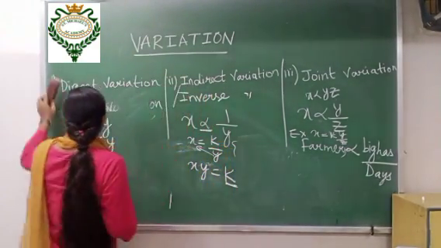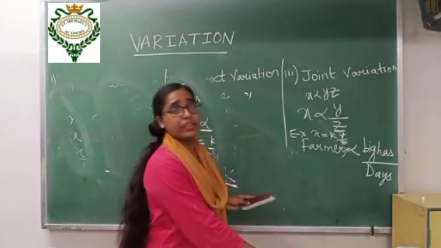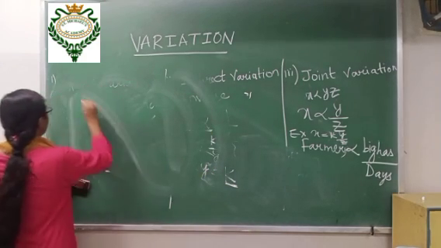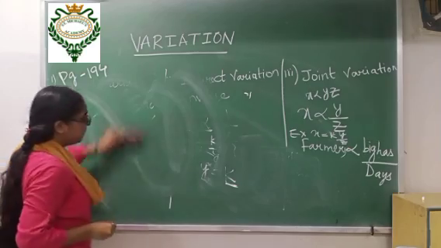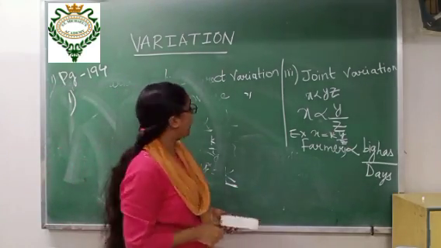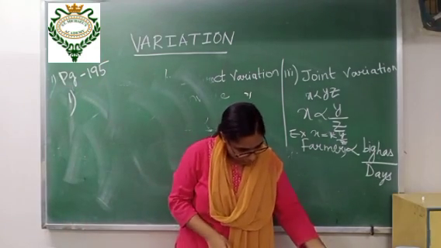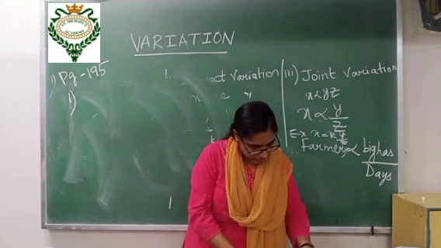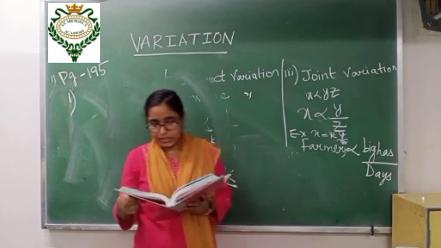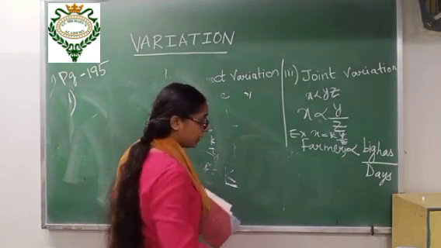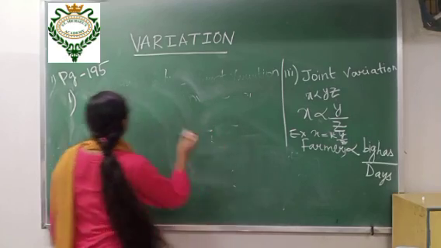Okay. Now come to your book, page number 195. Okay, page 195. Question number 1. Please all of you open your book, page number 195, and read the first question. Okay, what is the first? Let us work out 13. Corresponding values of two variables a and b are given to you in your sums. Okay, so what is the corresponding value of a and b?